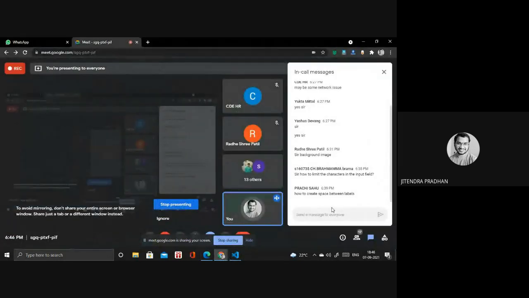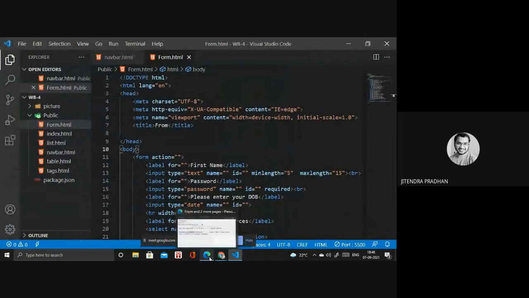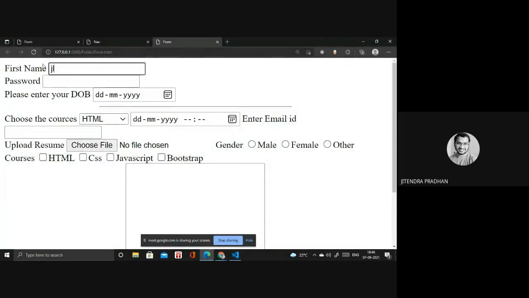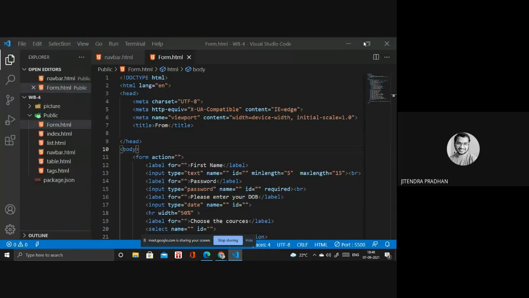So next question is how to create a space between label and input. Prachim, you are asking how we create a space between the first name label and that particular box. Is it right?